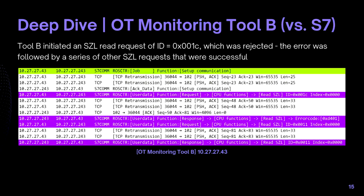Before we look at OT monitoring tool A, let's examine the packets from OT monitoring tool B, which we know did not have an impact on this PLC. So tool B follows the first two steps of the general S7COMM structure successfully. I'm not showing that here because the first packet highlighted here in green represents the third step, the request to establish a connection on the S7COMM layer. This step is also completed successfully, and tool B sends its first SZL read request highlighted by the first purple